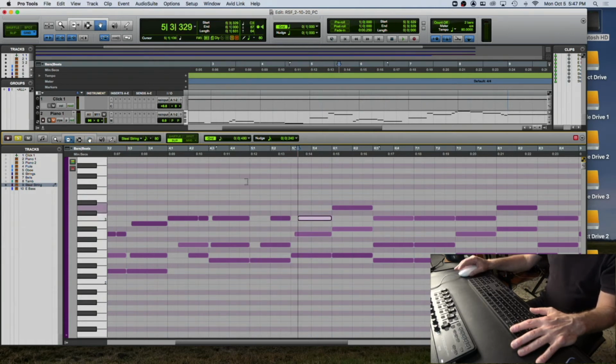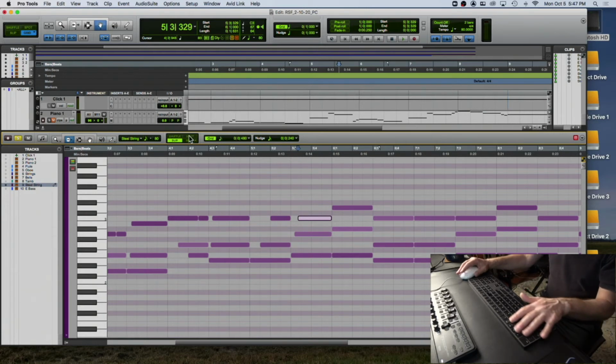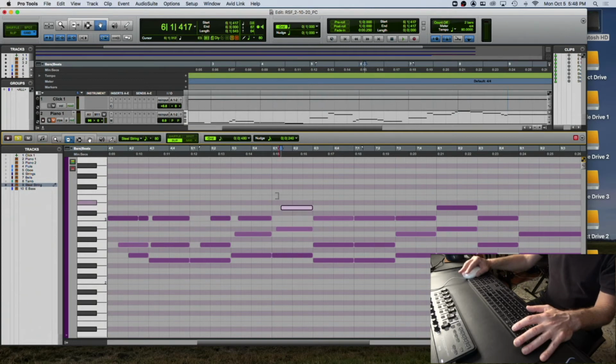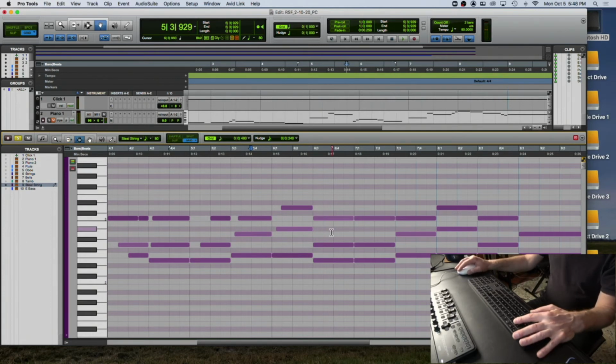Now, there are key commands to switch this. If you've got an extended keyboard and you've got the functions set up, notice I can switch between all of these grids by using these key commands, right? So I can just go F2 to F4 to get between grid and slip. And so let's go to slip, get our trimmer tool. Go to grid, and then